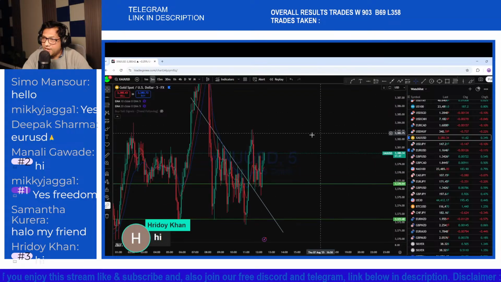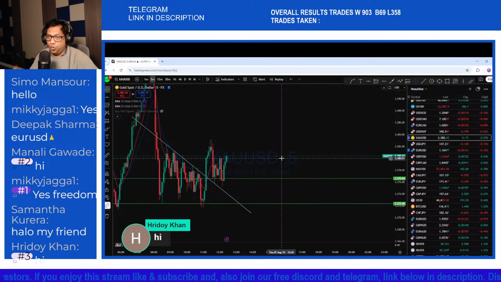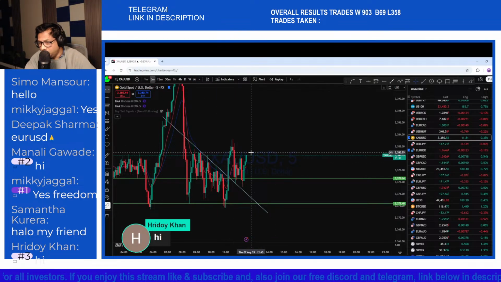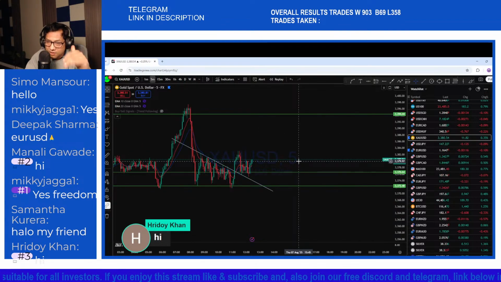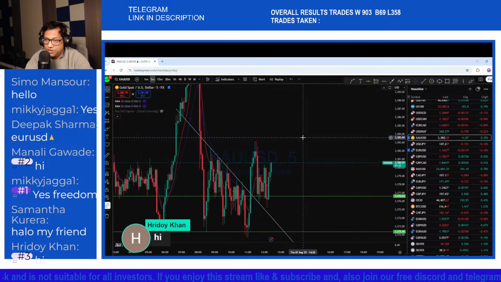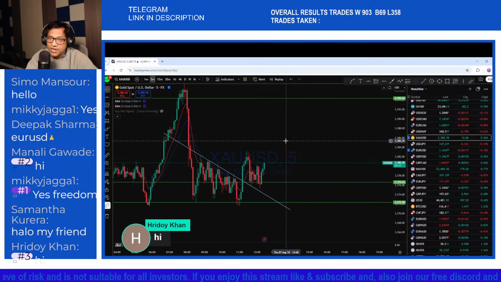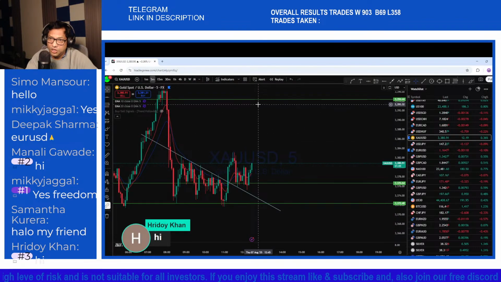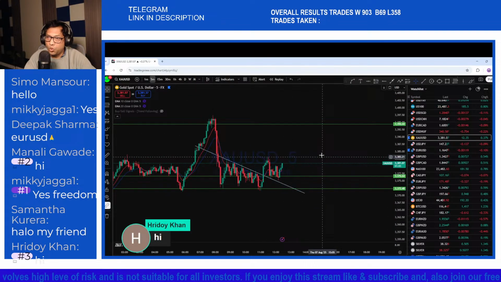But for us to find that entry to the upside, we need to see a liquidity gap. This market has made its initial impulse on the 5-minute chart. The market is still maintaining that uptrending market structure, and that uptrend is quite important. If you look here, you can see that it's maintaining that uptrend, and in that uptrend we may see the price potentially going back to this order block,